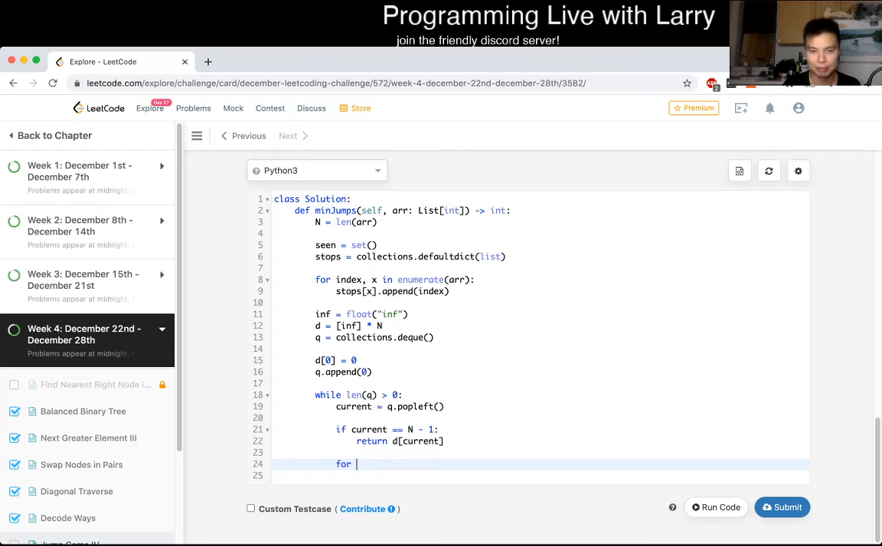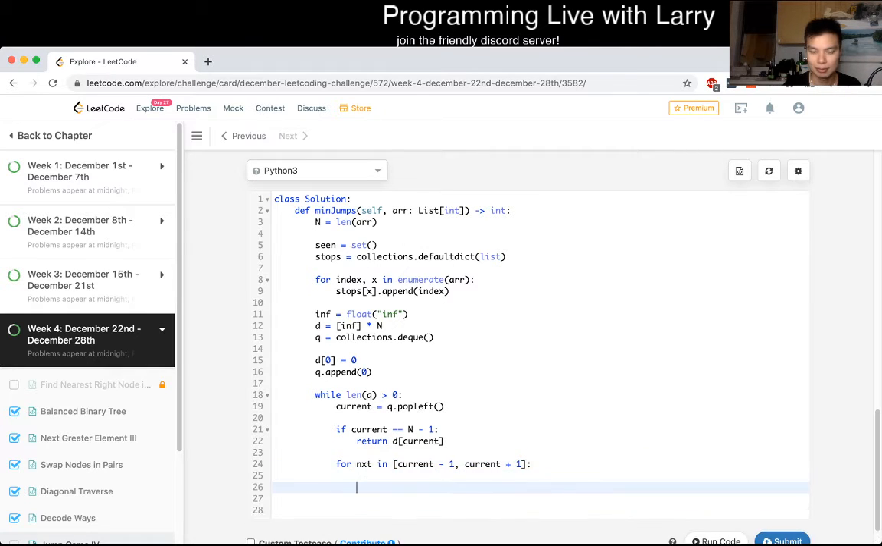So for, let's just say I usually call it next, but next is obviously a keyword, so I use something like nxt, which is kind of awkward looking. But anyway, in current minus 1, current plus 1. Yeah, and then now we just have to check that nxt is inside the array. If it's inside the array, then let's also check that